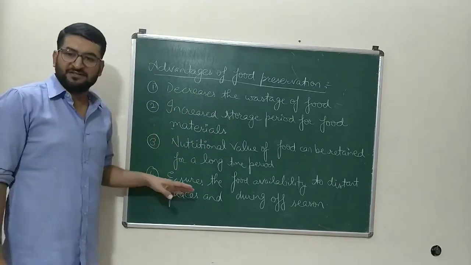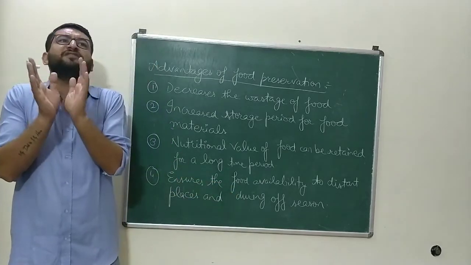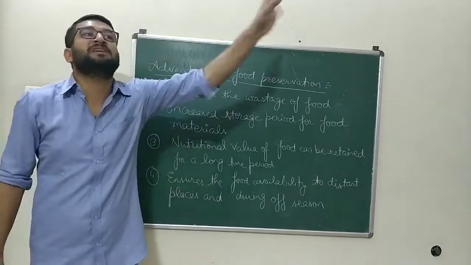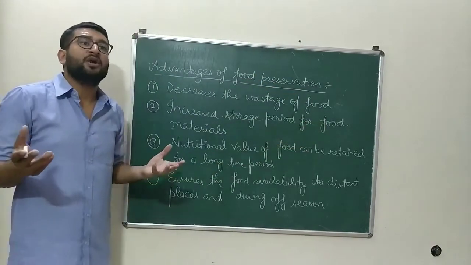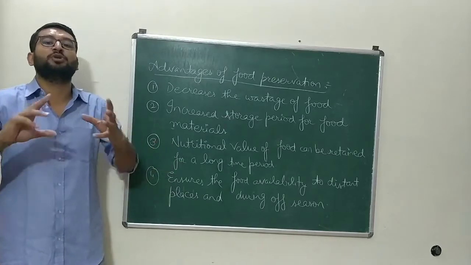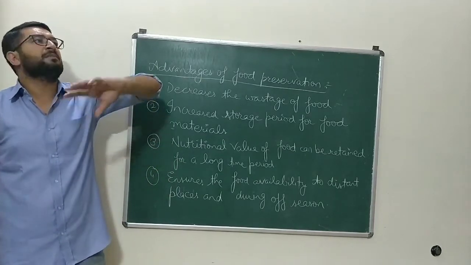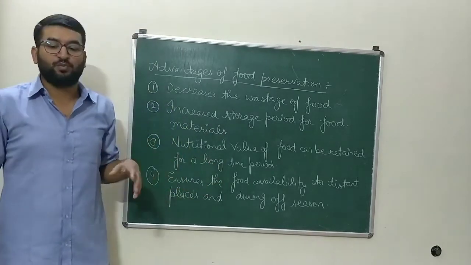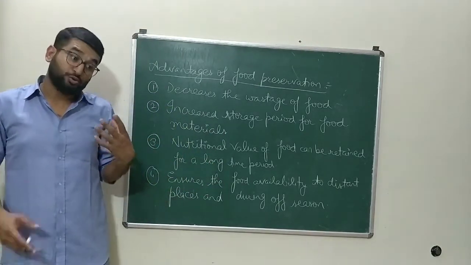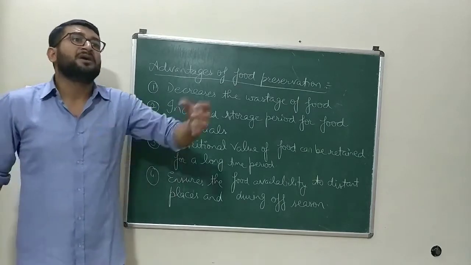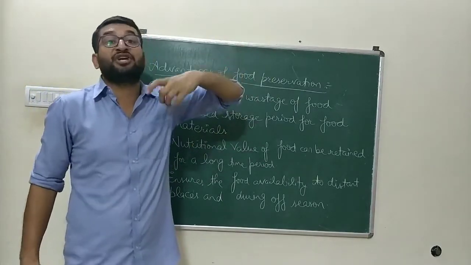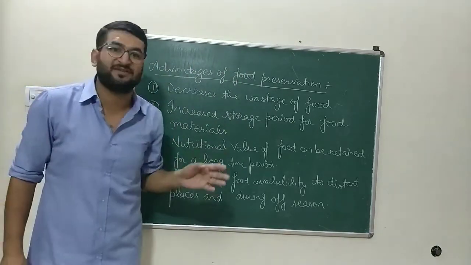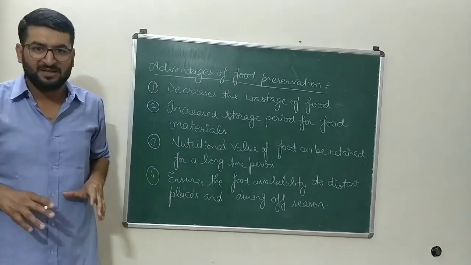The fourth benefit is that the preservation of food ensures the availability of food to distant places during any natural calamity, or places where food crops usually don't grow, like the high mountainous regions. In those regions, crops like wheat and rice won't grow naturally. So preserved food can be reached and taken to those offshore parts, to those distant places where food availability is very low. As well as